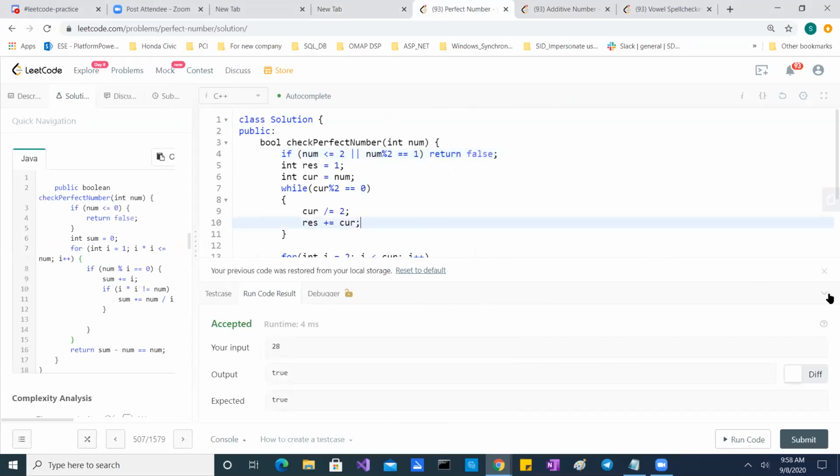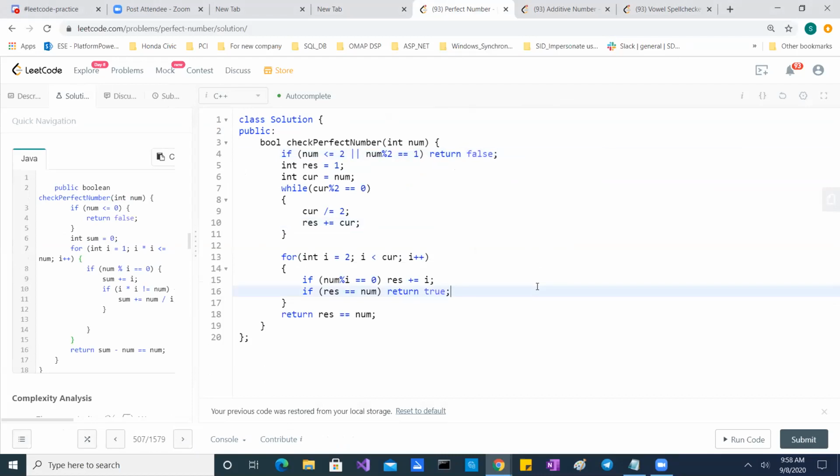If you look here, what I'm doing, I just check if the number is less than or equal to 2, and if it is an odd number, I return false. Or else if it is even, then I keep on dividing it by 2, reducing it to half, and keep incrementing my answer.